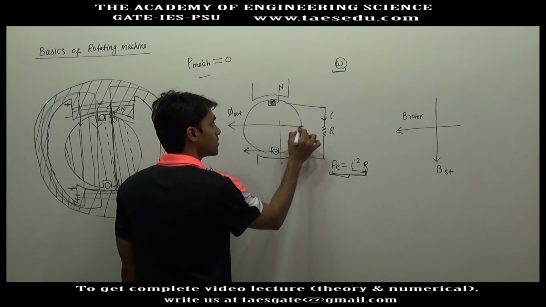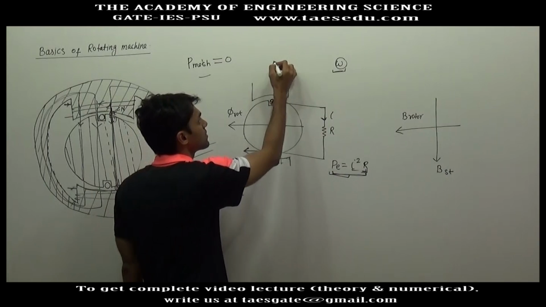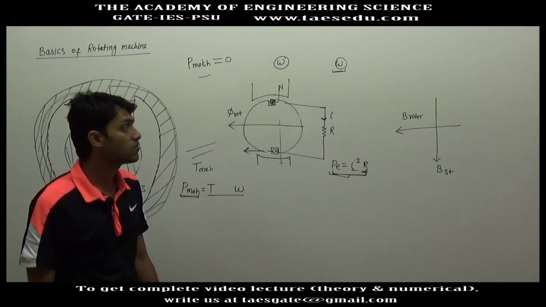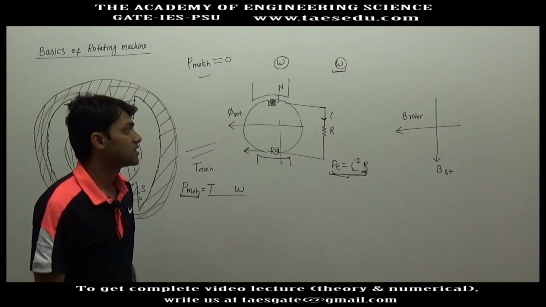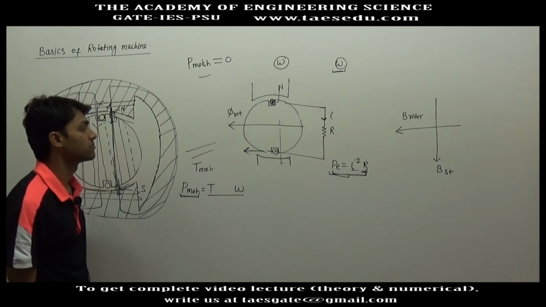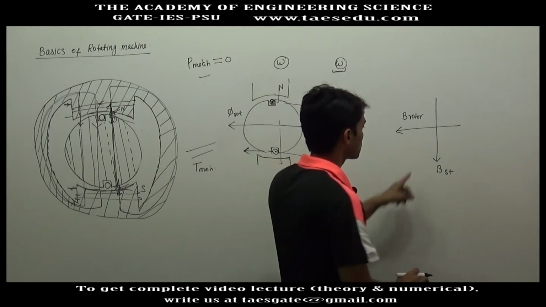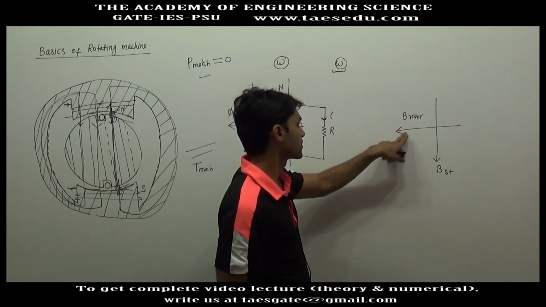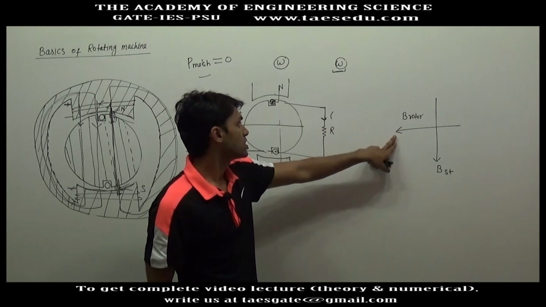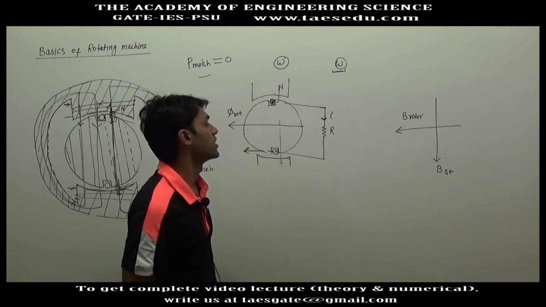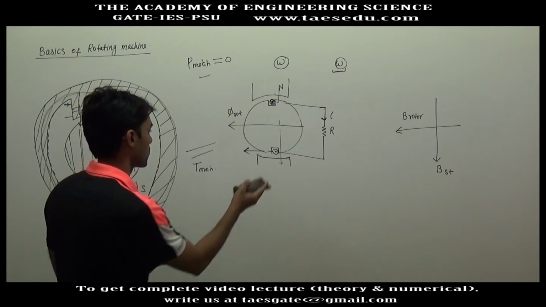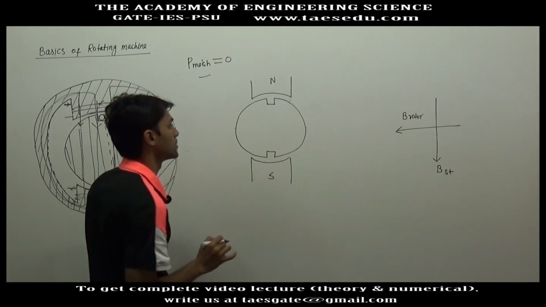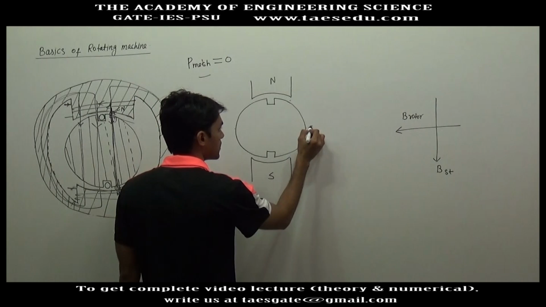So if it was given an initial speed of omega and will not keep rotating, there has to be some opposing torque. Now we will see how that opposing torque is produced. This was the direction of the stator magnetic field, and this is the direction of the rotor magnetic field, which is generated due to the current in the rotor winding. I am drawing it again. This is the north pole and this is the south pole of the stator. The direction of the rotor magnetic field is in this direction.